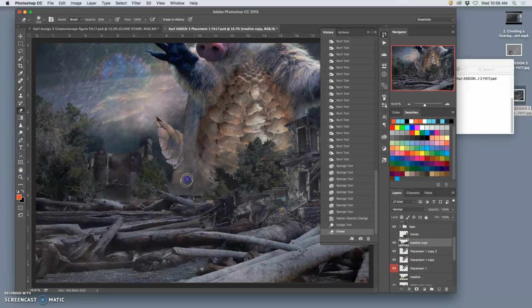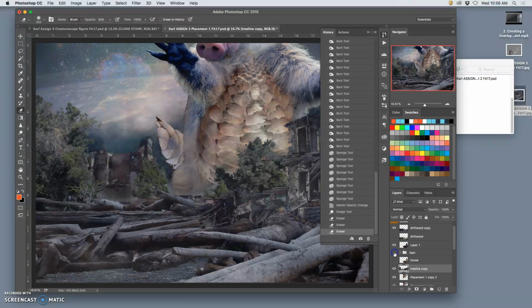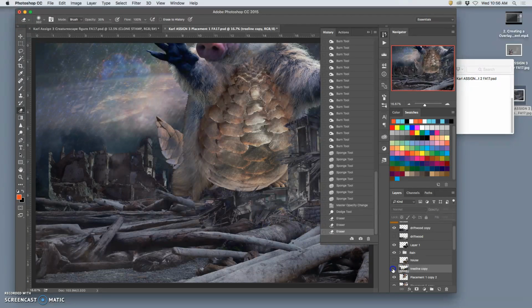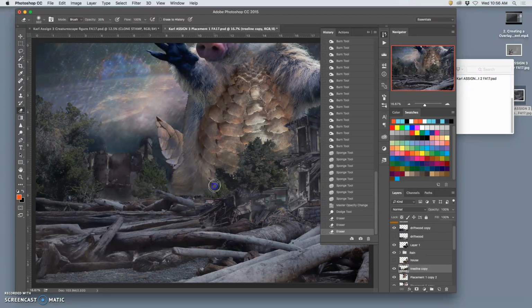A little bit bigger, especially in these areas. Yeah, so, oh, I have to deselect maybe. There we go. Just to get a little bit of that coming through. And I might even decide